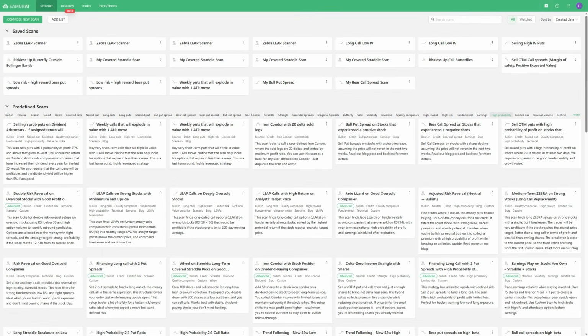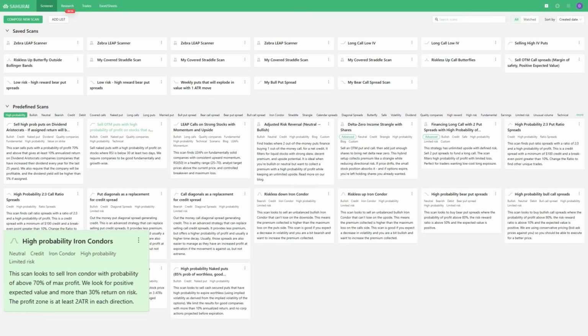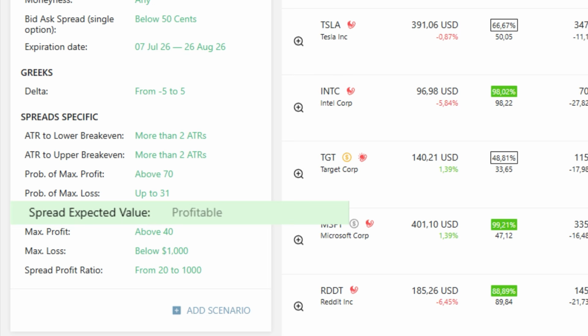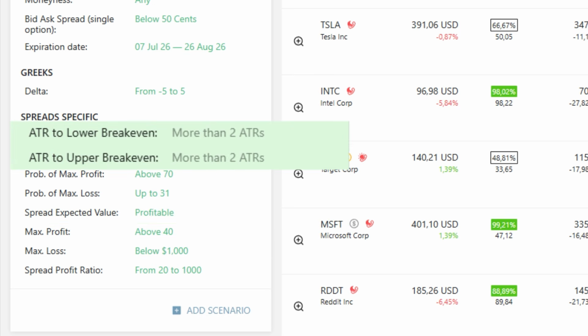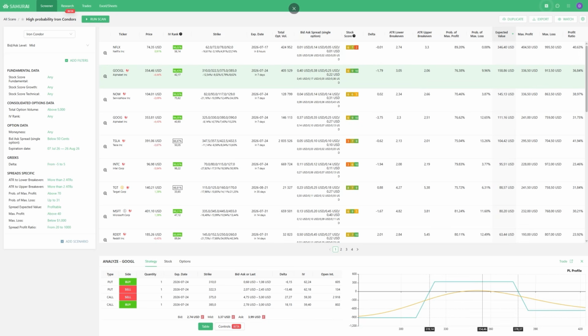I click the high probability tag again, but this time I pick a different one. It's called High Probability Iron Condors. This scan looks for iron condors with more than a 70% chance of max profit. It only keeps trades with positive expected value and a good return on risk. The profit zone is wide enough in each direction, and we use the average true range, or ATR, to control it. In plain terms, that's a comfortably wide range for the stock to sit in, and there are almost always